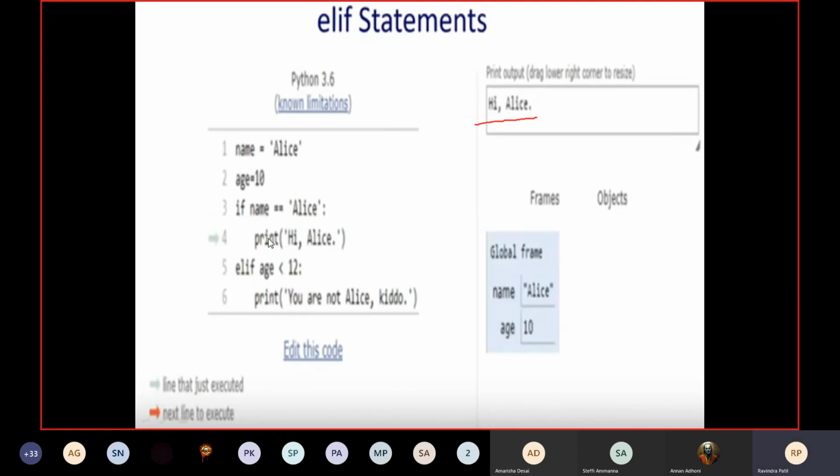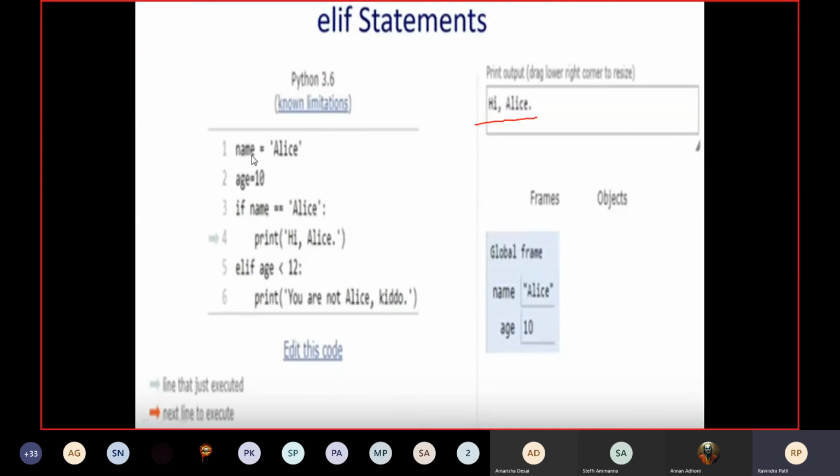And in this case, the else part is not going to execute. That you have to remember. Once this condition is true, you have to understand here, it is not going to check the rest of the conditions. So control comes out of the block. Because of that, if you entered the name as Alice, you are going to get the message "hi Alice".